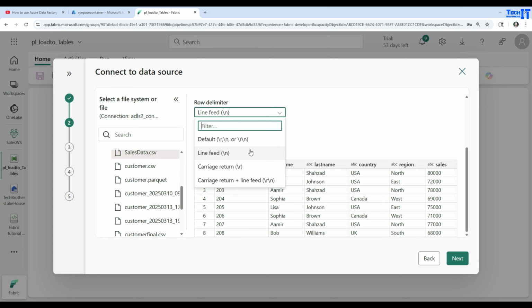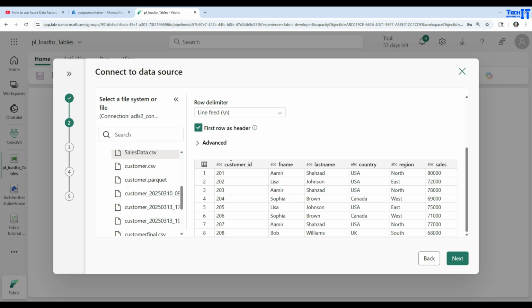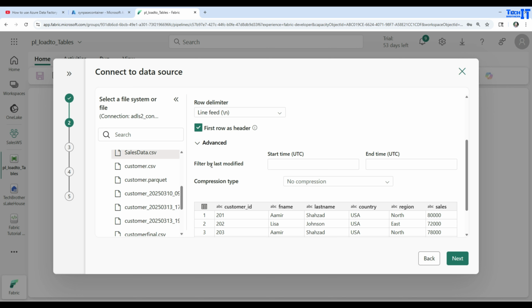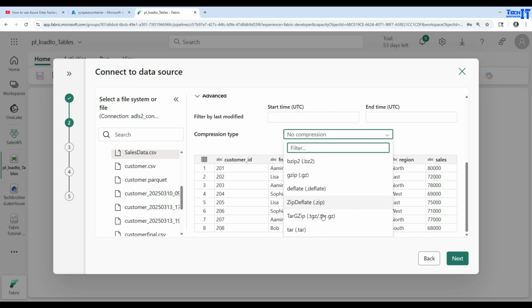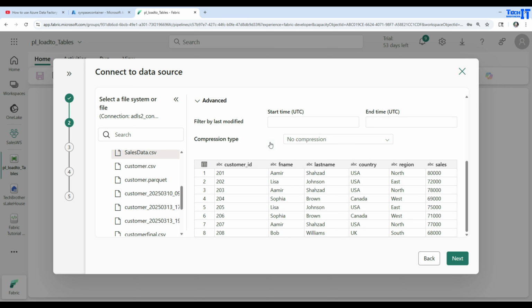You can also select according to whatever file configuration you have, and it is showing us some sample data here, and then you can hit on advanced. You can filter by the last modified if you want to look into those things. Compression type, I don't have any compression, but if you have, you can choose one. And then once you have validated the data, and it makes sense to you, you're going to